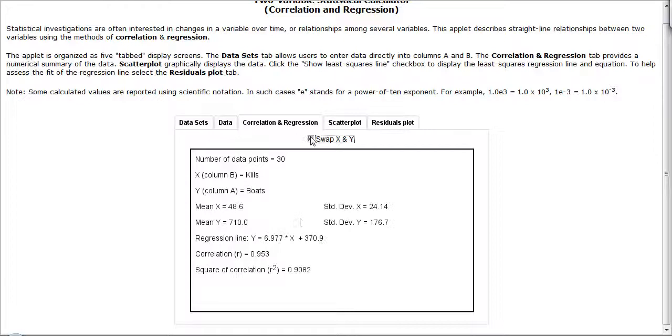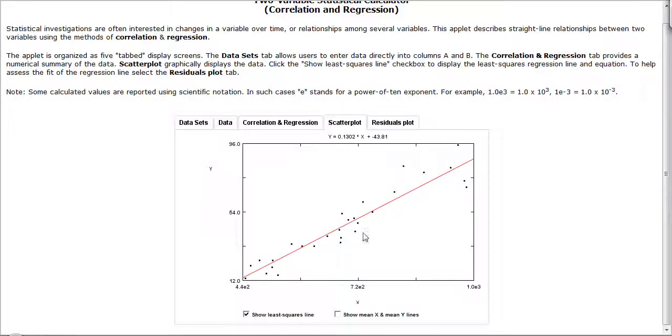When I swap these two, the regression line changes dramatically, but now we're asking, does the number of kills have any explanatory value to the number of boats that are involved? And while the correlation does not change if you switch the roles of X and Y, the regression line does change dramatically. So if we switch them back and look at a scatter plot, we can see